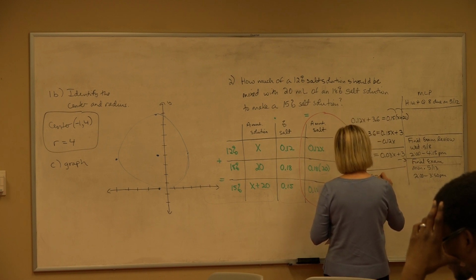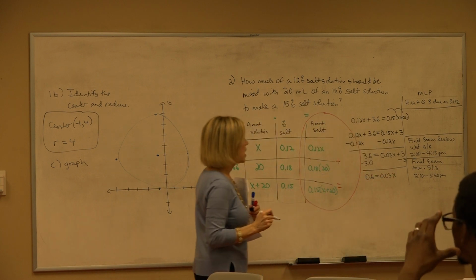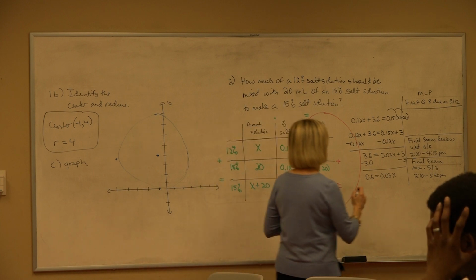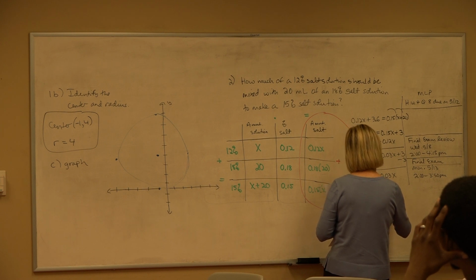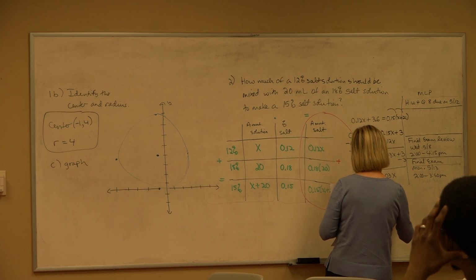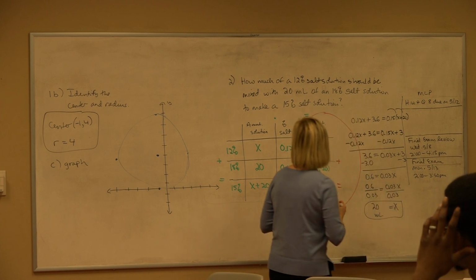So 0.6 equals 0.03x. And then you're going to divide both sides by 0.03. Is that 20? Somebody do that in your calculator. 20. 20, great, okay. So x is 20 milliliters, and that answers my question. How much are you going